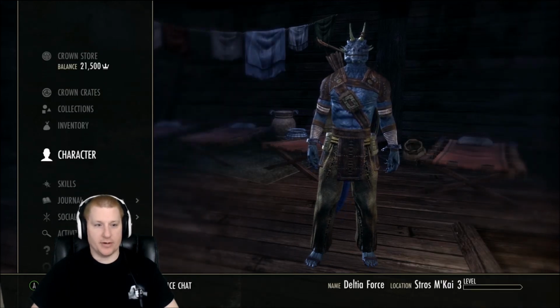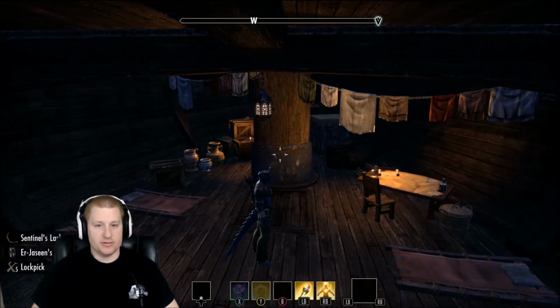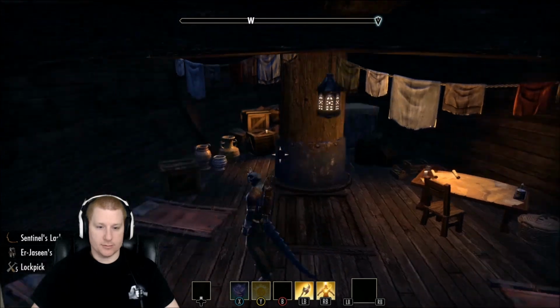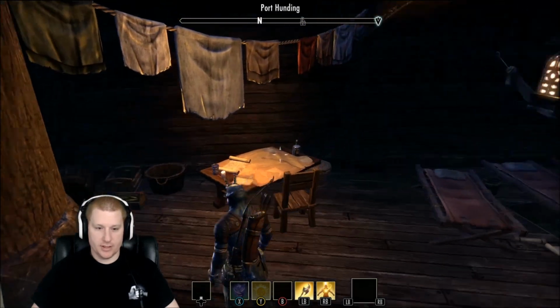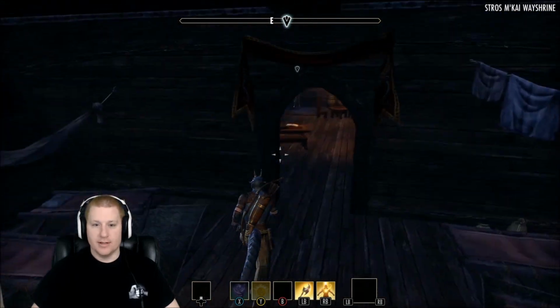Now typically, I have another character where I do a billion different things and set myself up with crafting and all that sort of stuff, but I'm going to show you the other way, and that's just starting off on your own. What the hell do you do? So,